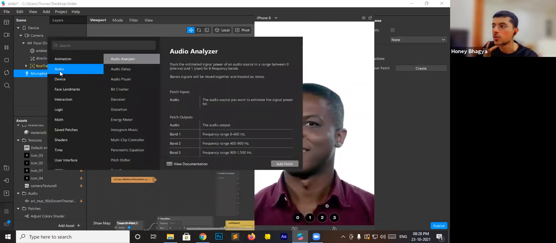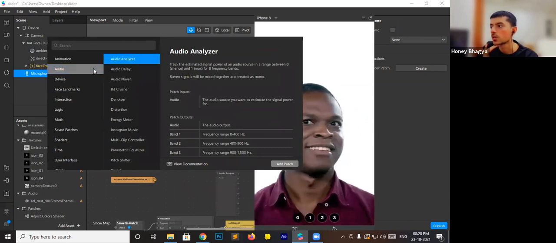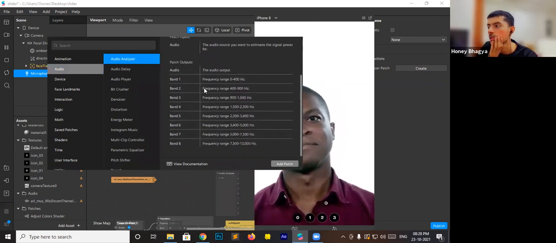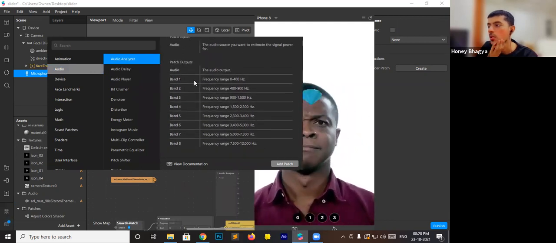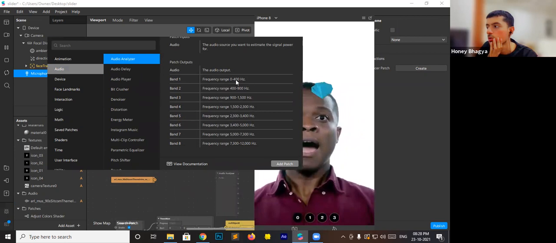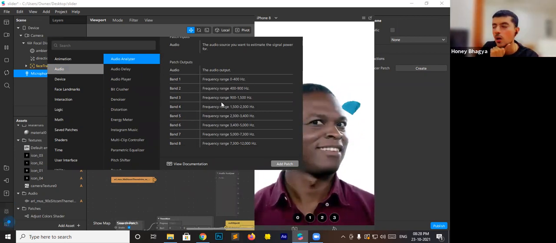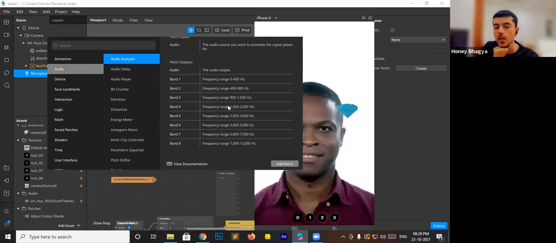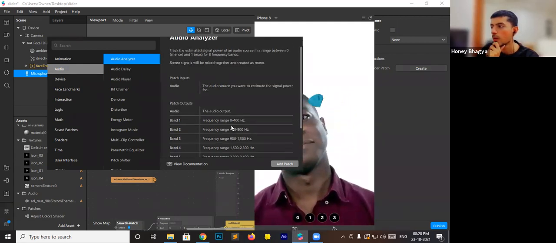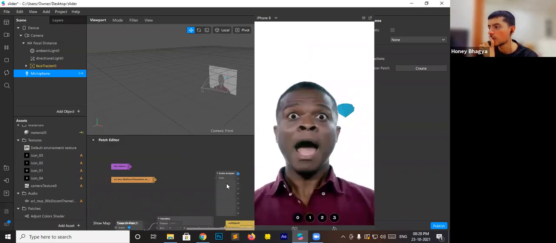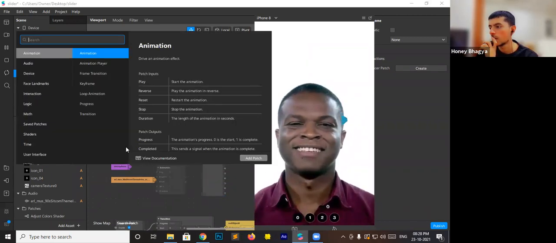For audio reactivity, go to the audio section and use audio analyzer. In audio analyzer, we have multiple bands, and multiple bands have multiple frequencies. As you can see, band 1 frequency is 0 to 400 hertz. And this all depends on the music or input, vocals and bass. So you have to play with these things to get the effect right. We are going to add this in the patch, and then we are going to add